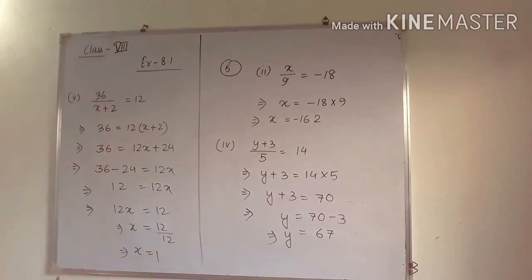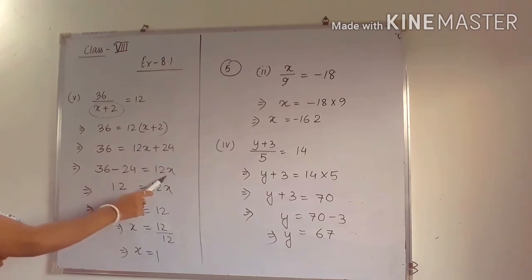Okay. Next is number 5. See, here the unknown is in the denominator, so no problem. You just take this whole number to that side, because this is wholly added and it will give you one number only. So this is one number which is in the denominator. When we take this one to the right hand side, it will get multiplied, because here it is divided. So 12 into x plus 2, that will be 12x, plus 12 into 2 will be 24. So transpose 24 to this side. So 36 minus 24 is 12.